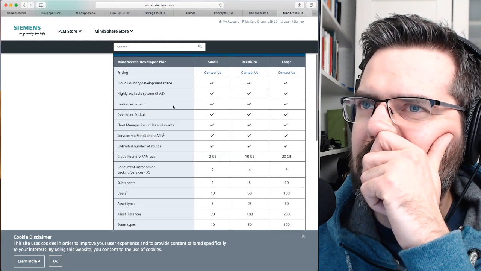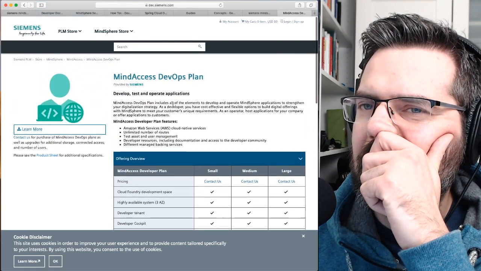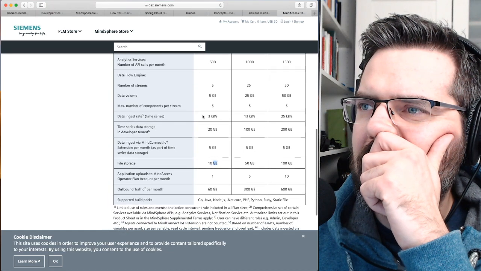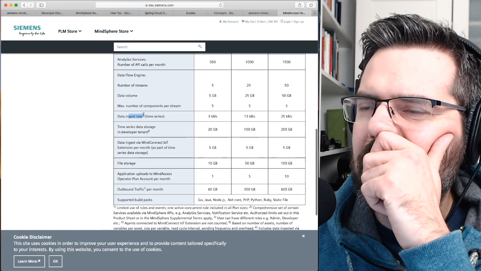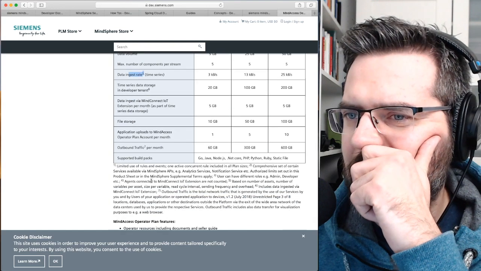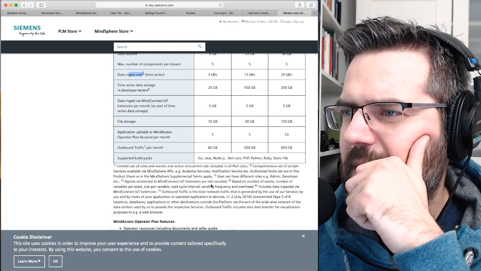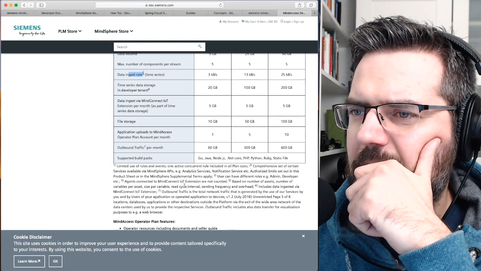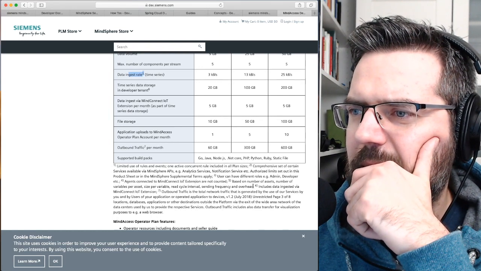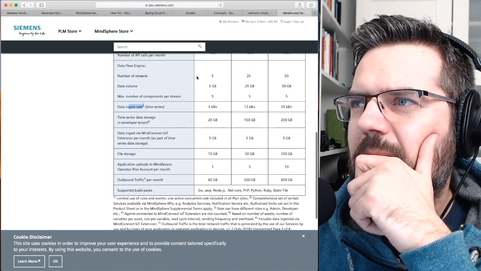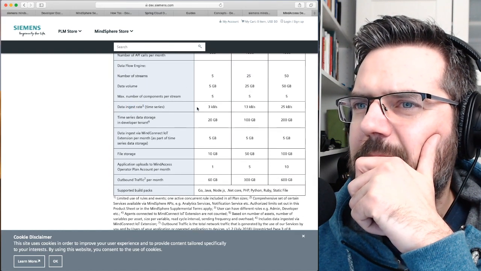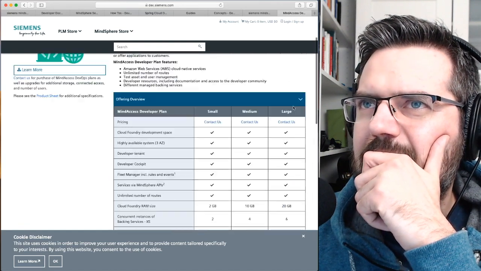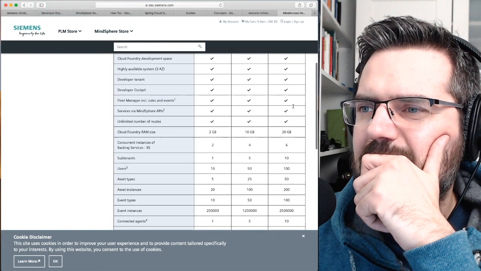It's all contact us pricing. Data ingestion rate times 5, based on number of assets, number of variables per asset, size per variable, read cycle interval, sending frequency overhead. Data ingestion rate time series data 25 kilobytes per second. This is ridiculous.